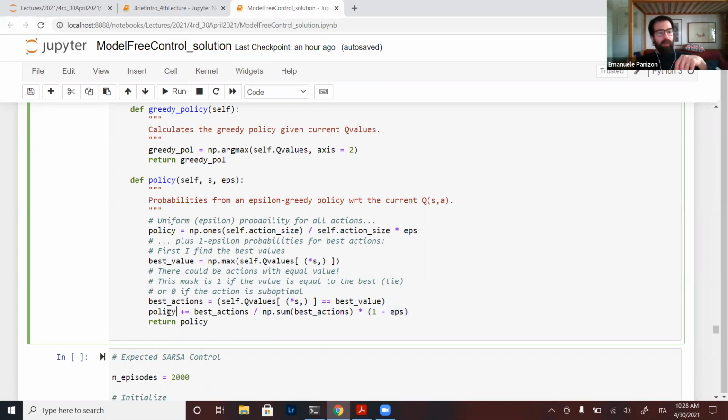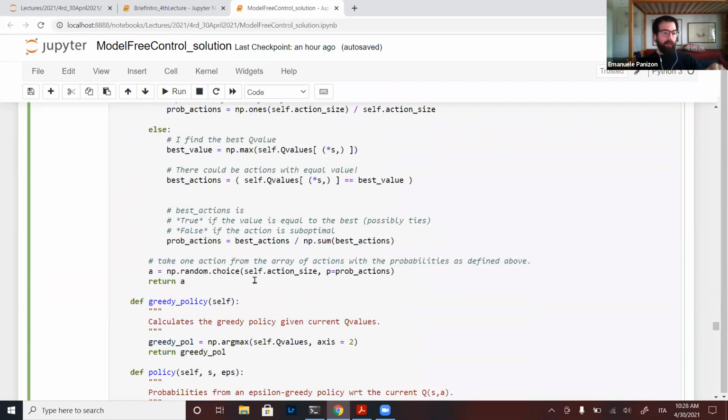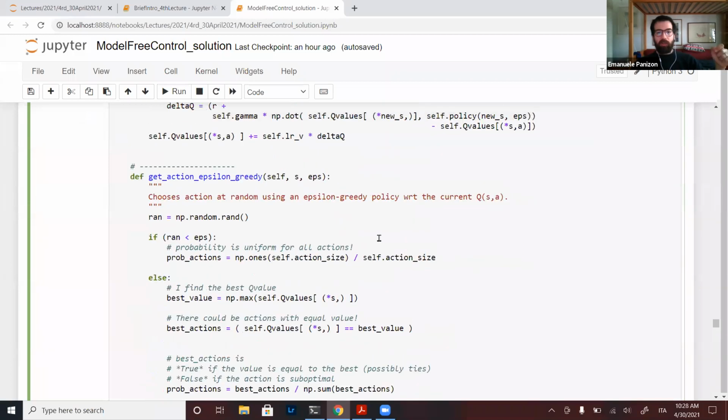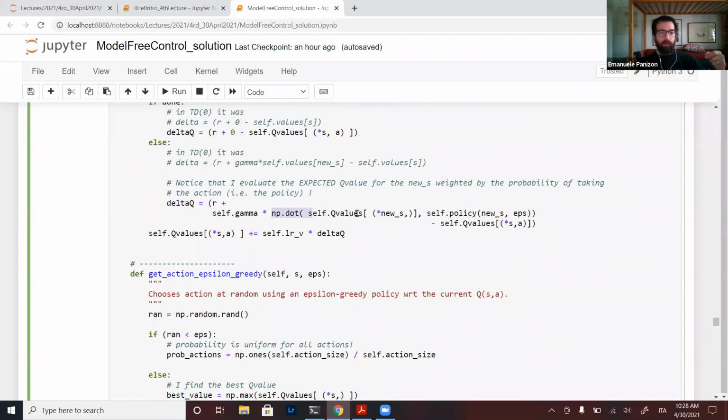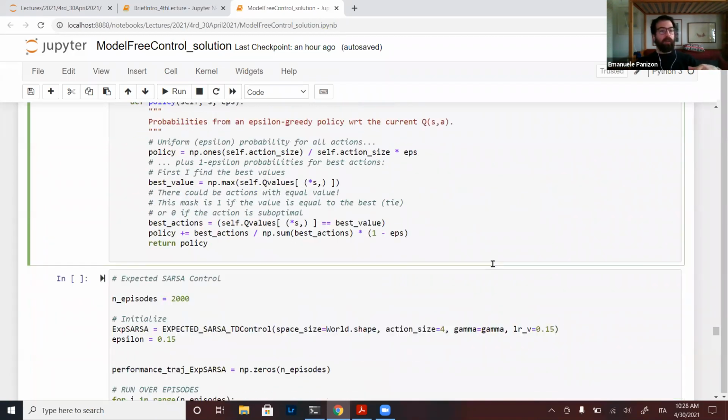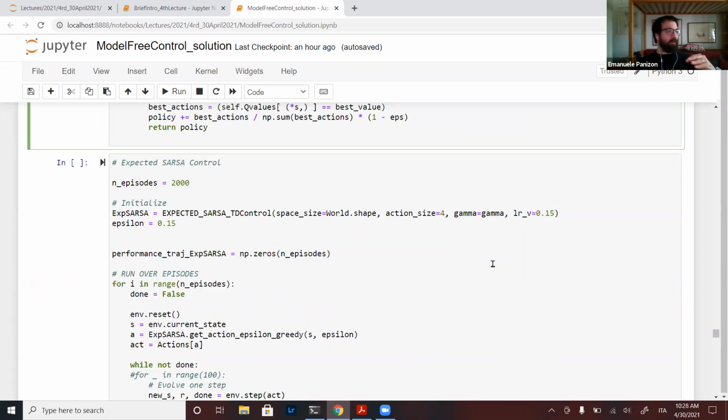And this is my overall probability distribution, considering everything. This is my probability distribution of the policy, which I can calculate given the state and given epsilon, and which goes here. So this is truly the expected value, given that I am in a new state, and I know the Q values for the state-action, and I know the probability of being in that state and doing that action, given epsilon. Okay, you see, essentially the same as before, but now we have three different ways of seeing.